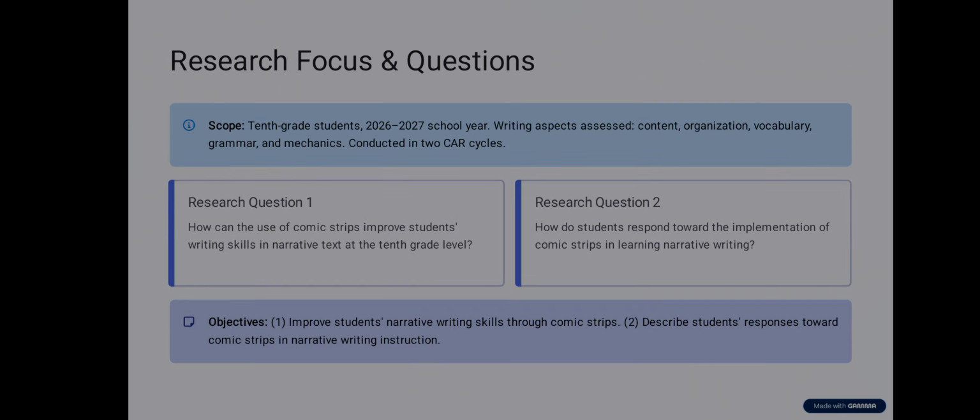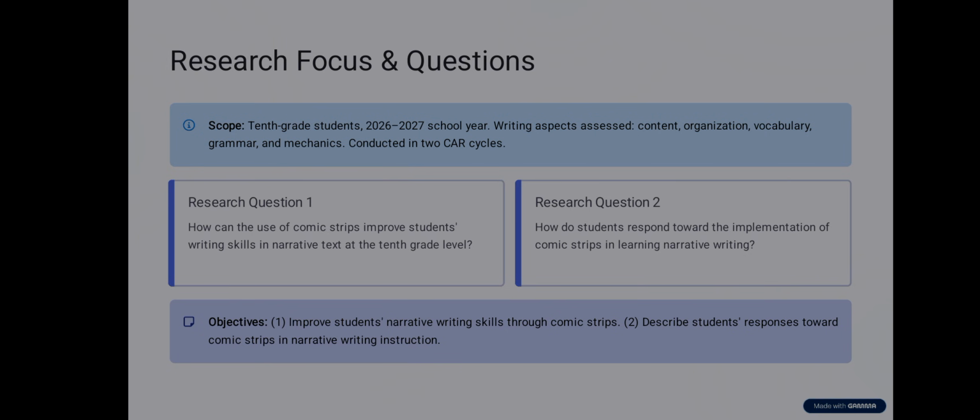Based on this consideration, I formulated research questions. The first is how can the use of comic strips improve students' writing skills in narrative text at 10th grade level? The second is how do students respond toward the implementation of comic strips in learning narrative text?